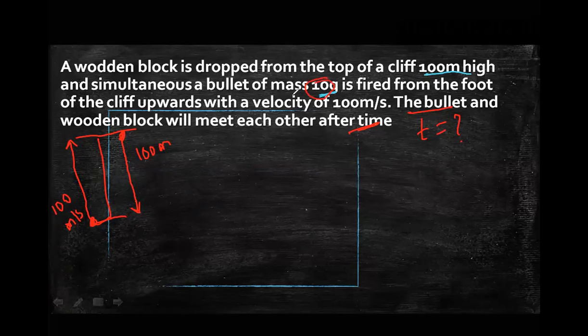Don't think about mass. We are not dealing with mass in this chapter. Not only this chapter, when I talk about freely falling bodies, don't think about mass. We only have the height, the velocity, and he's asking t. Think about these three parameters: height h, u, and t. What is the relation between these three? That's it. You will get the answer. What is the relation between h, u, t? Tell me, t is equal to, he's asking t. What is the formula?